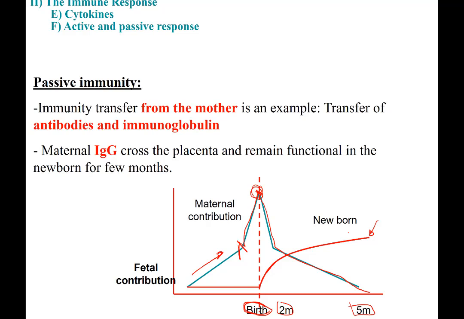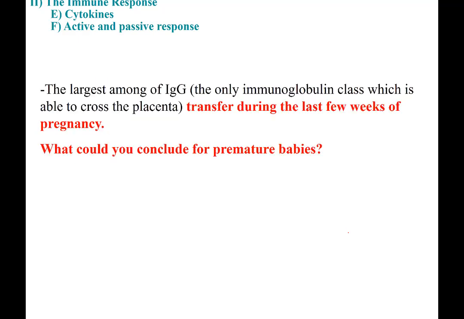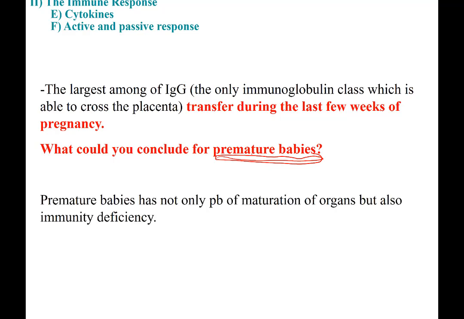So those are the perfect immunoglobulins coming from the mother for the baby. If you understand that, then what do you think can happen to premature babies? Babies that would be born before having the term of the pregnancy. Babies who would be born before the mother can have this boost of antibodies. And those babies don't receive the boost of immunoglobulins, and they may have a lot of different problems actually.